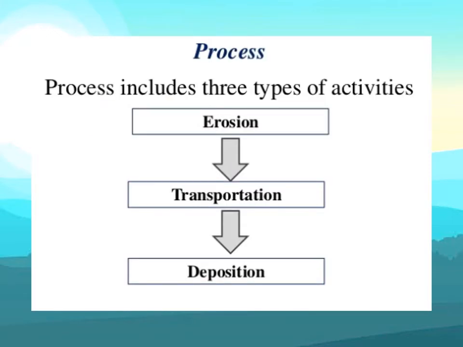Now, the geomorphic process includes three types of activity. Firstly, it is erosion, where previously exposed landforms or rocks are first broken down, that is weathering, and then this broken material is eroded from its original place. They are carried out by some natural agents, that is transportation occurs, and at suitable conditions where the natural agent is not able to carry those materials further downcurrent, then they will deposit those things in a depressed area